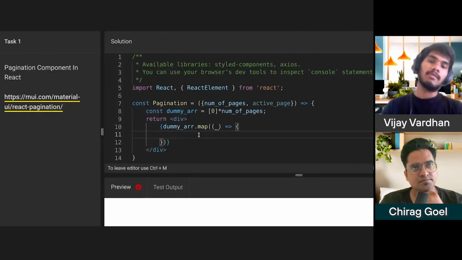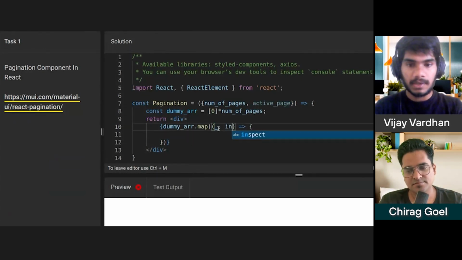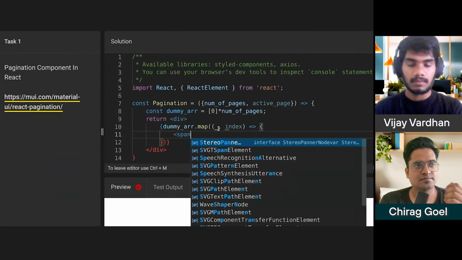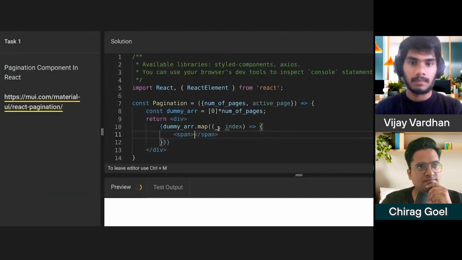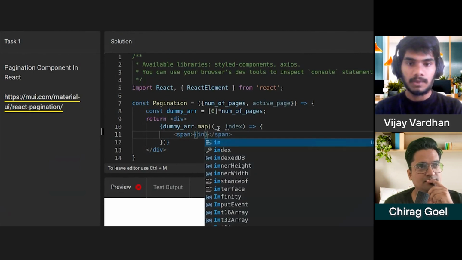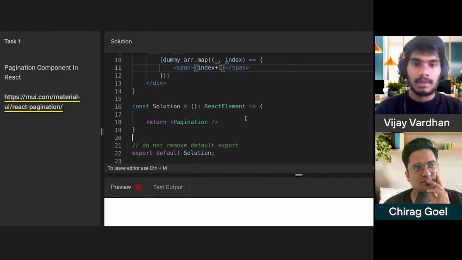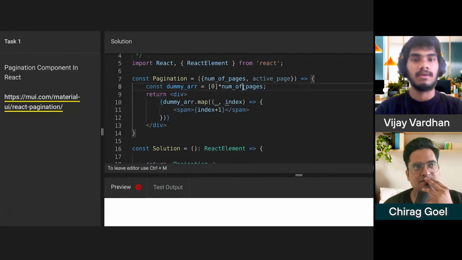Now I have to render the pages, right? So I think I also will be needing the index so that I can put the number in the page. So I'll use a span over here and basically put the index number, and let's give it the prop. I created an array of zero and multiplied by pages. Does that work? Not really sure, but